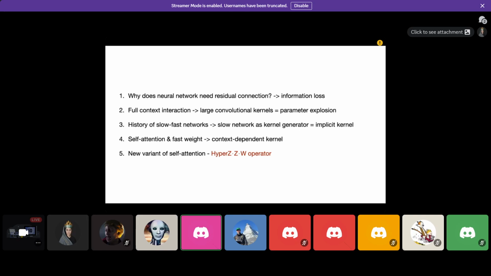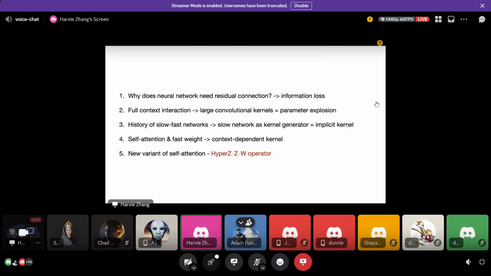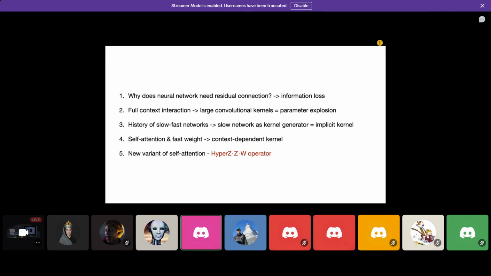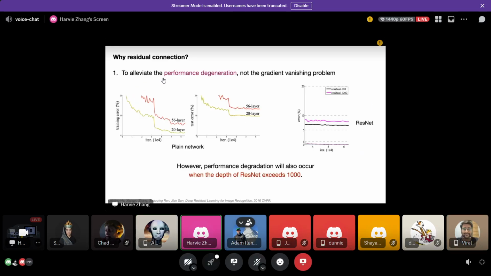So the main conclusion is that in the Terminator network, the residual connection will be discarded. Then I propose the HyperZ operator and the Terminator network. Go back to the first question: why does the neural network need the residual connection? In the ResNet paper, it claimed that it mainly focuses on alleviating the performance degeneration, not the gradient vanishing problem. We can see in the plain network